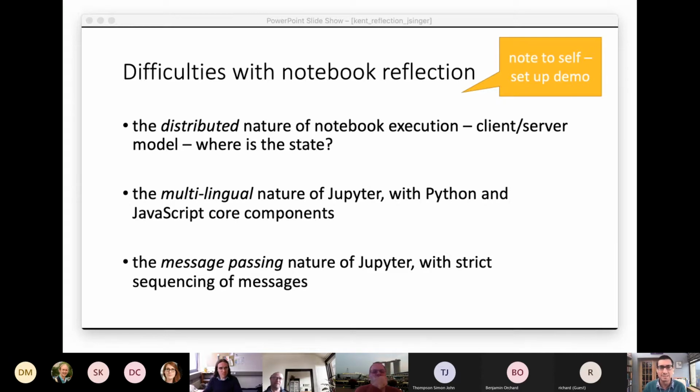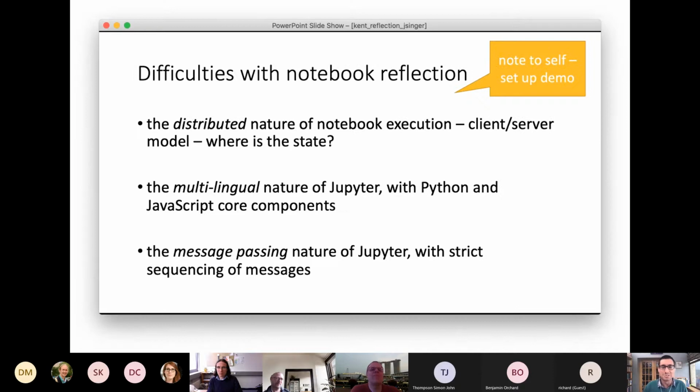Thanks. That's interesting. Yeah, I'm scribbling all these things down here. Hope you don't mind. I'm going to add these to my catalogue of interesting things to do with Jupyter Notebook reflection. Thank you. Right. Good. So, note to self, setup demo. I did that while I was just talking to you there, Stefan.